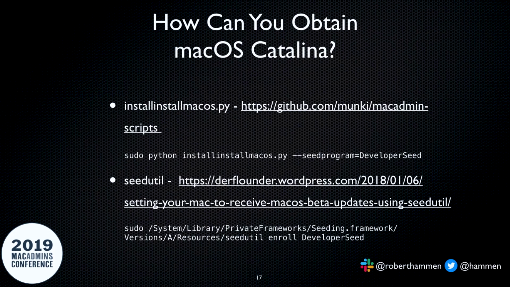Greg Neagle, who presented here at the conference, has written a tool that will actually pull down all the components of Catalina. They're in a software update catalog. It's no longer relegated to the App Store. And so he has this Python script called installinstallmacos. You can actually use it to pull down any installer. For example, the